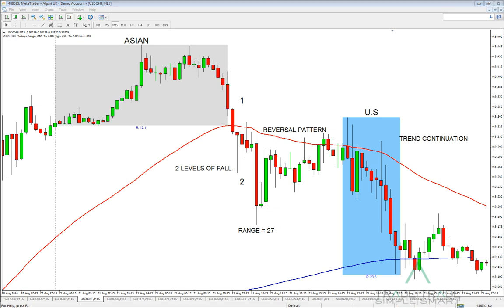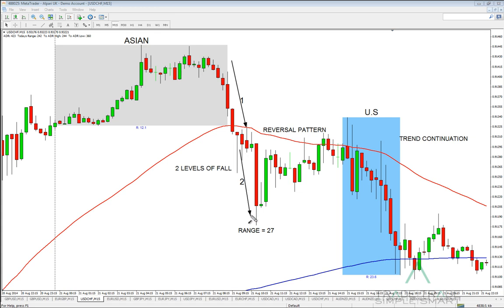So out of the Asian session, we have a fall to the downside, and then we have a second, and then we get this reversal formation in the form of an ABCD or M, and the range for the 2 phases is 27. We have an ADR, average daily range, of 42,